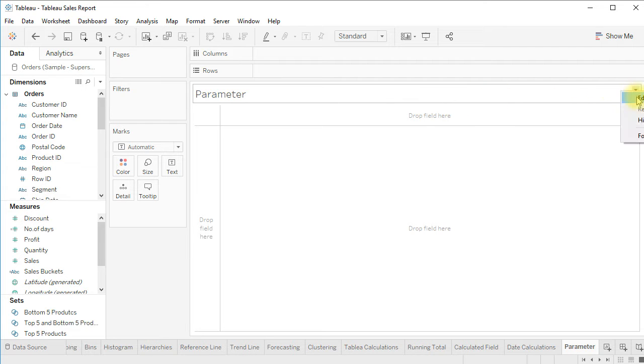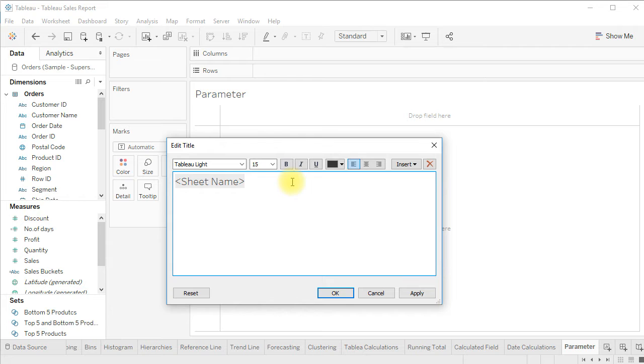Click drop down, edit, and the problem statement is: using parameter, show bottom n customers by sales, where n is the number of customers and I want to set n as dynamic.